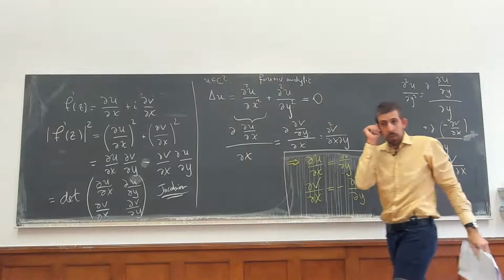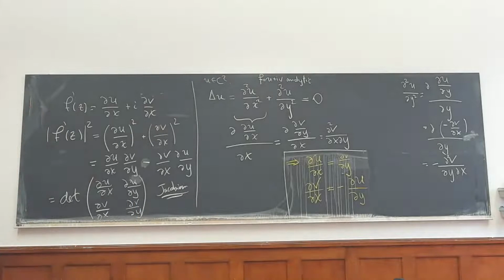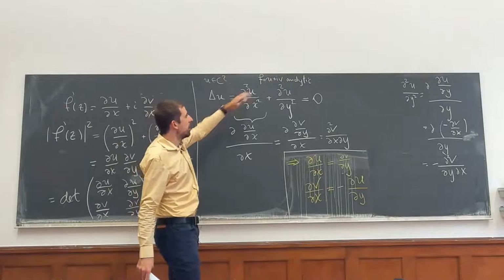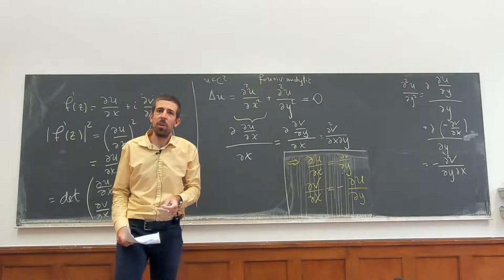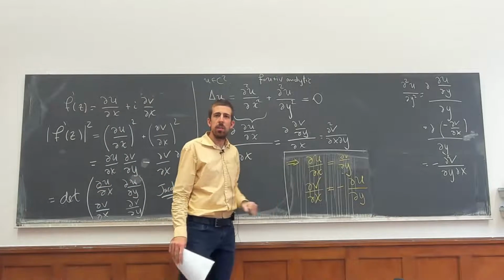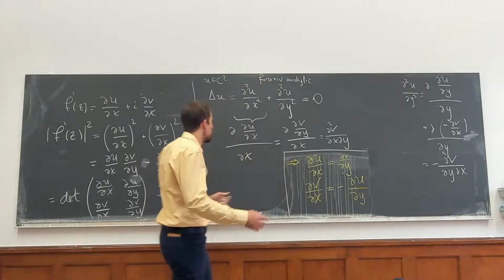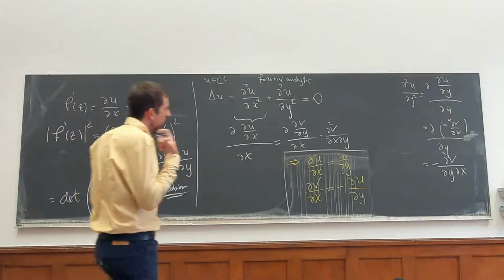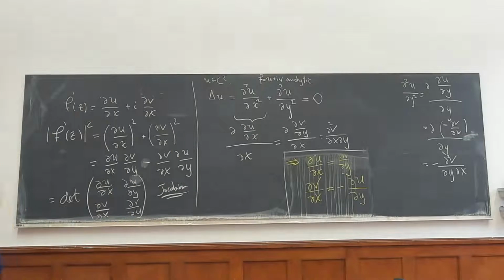And so this is also an important point. It's a consequence of the Cauchy-Riemann equations, which is that if f is analytic, then actually its real and imaginary parts are both harmonic. And they're not just harmonic, they also have to satisfy certain equations between them. Okay, so maybe let's write this as a theorem. I haven't quite proven the theorem because I haven't proven that I can take two derivatives.